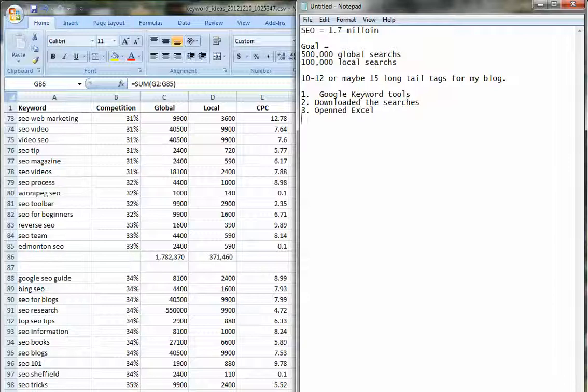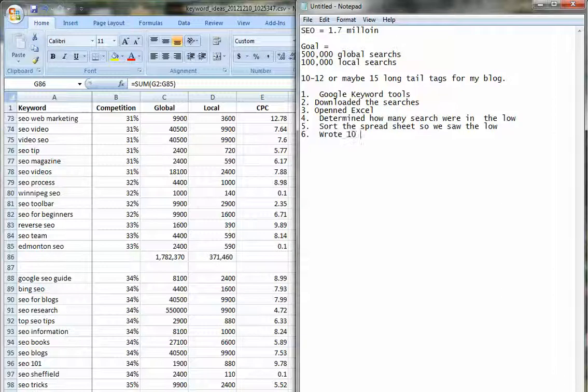Then number 4, we determined how many searches were in the low competition category. Then 5, we sorted the spreadsheet, a little out of order here, so we saw the low competition keyword phrases.